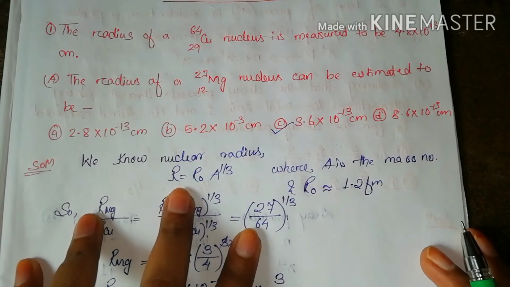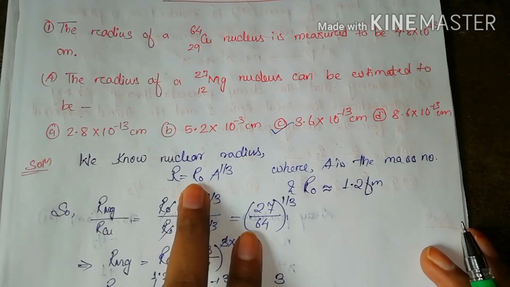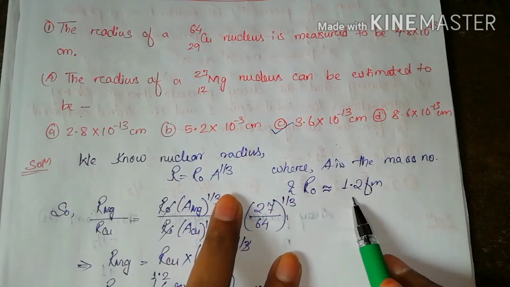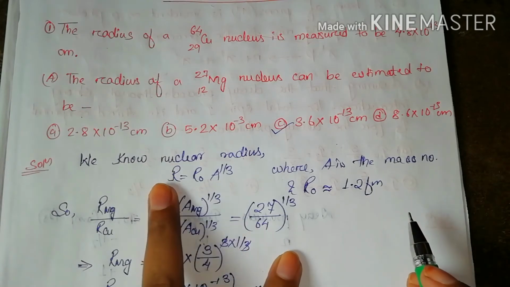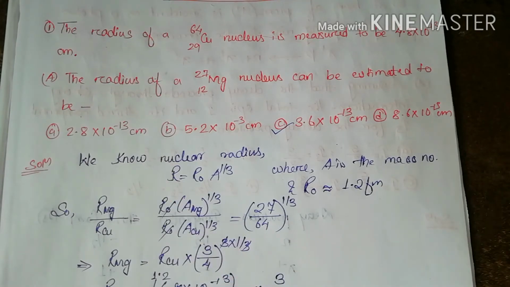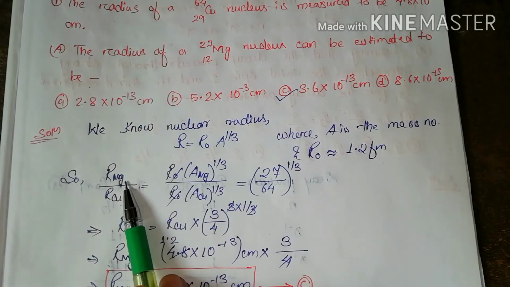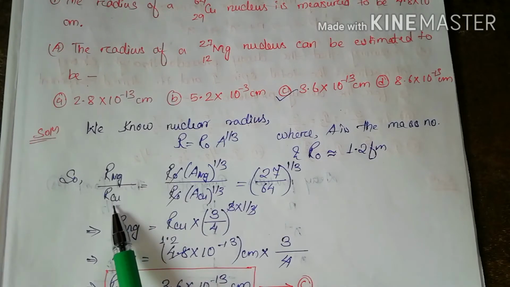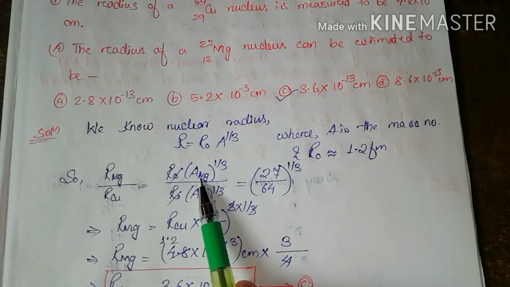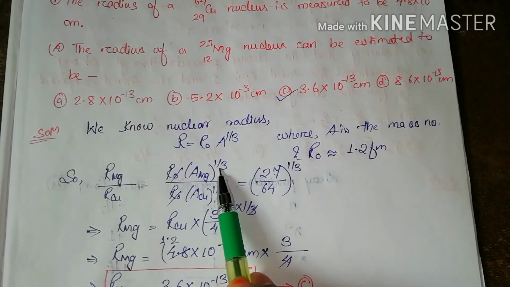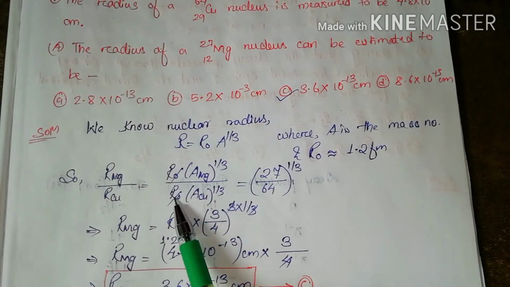The formula for nuclear radius is R is equals to R naught A to the power 1 by 3. Here R naught is a constant and it is approximately equals to 1.2 fermi, and A is the mass number here and R is the radius of the nucleus. So what we will do, we will take the ratio of the radius of magnesium by the radius of copper. So here we are having R naught, mass number of magnesium whole to the power 1 by 3, and R naught, mass number of copper whole to the power 1 by 3, and this R naught will get cancelled,